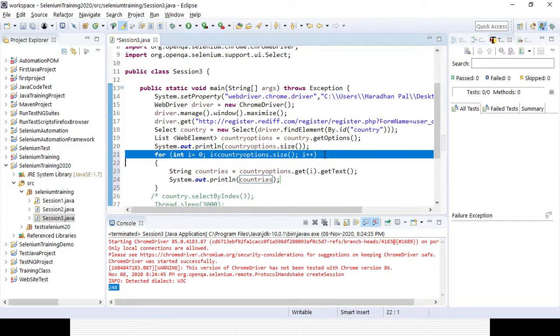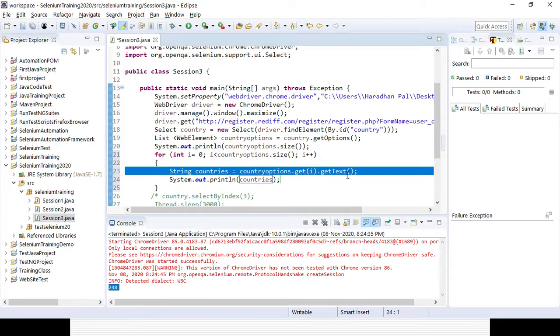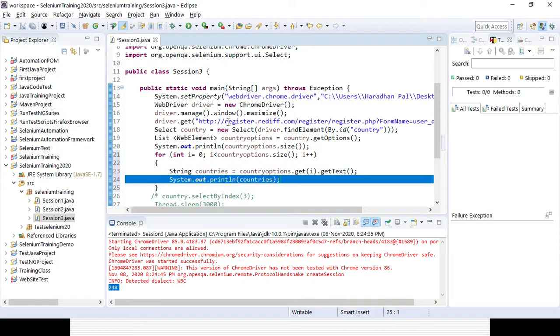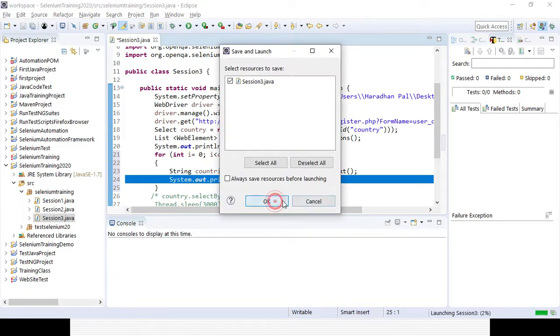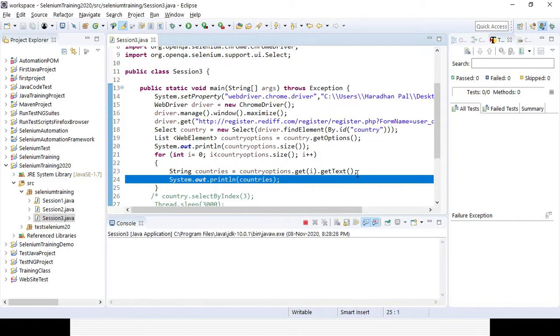Then I can get each option and its text. I store the text in the string variable, and I am simply printing it out. If you run it, you can get all the options, and also all the values from the drop down.